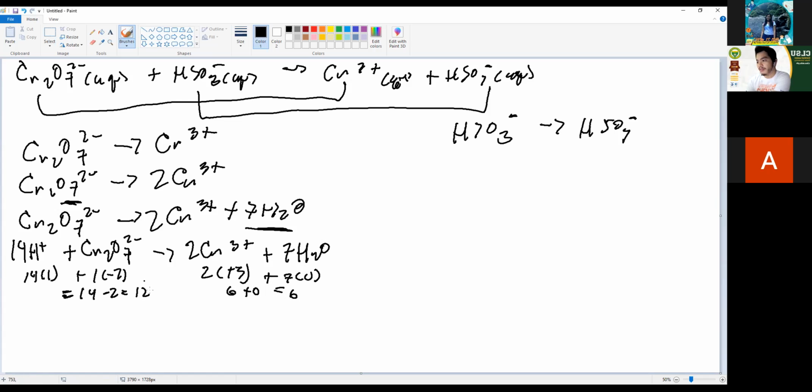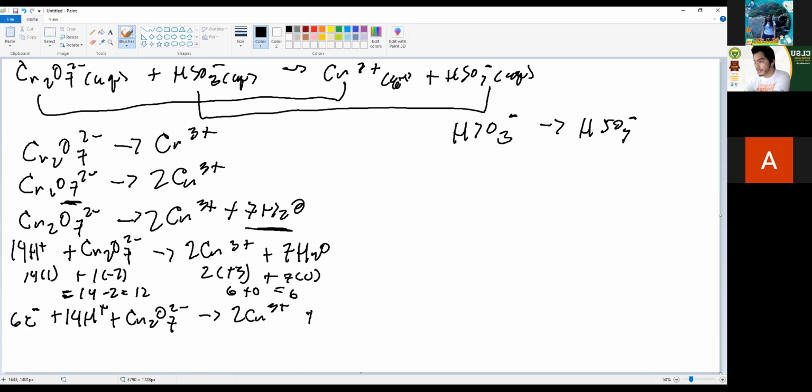So to do that, magdadagdag tayo ng 6 electrons. So tandaan, hindi palaging 6 electrons ang dinadagdag. Minsan, 4 lang, 2 lang. So dapat titingnan nyo mabuti kung ilan yung i-add para maging equal yung both sides. Yan. So may pattern yan mamaya. Mapapakita ko sa inyo pag na-balance natin yung second half. So ang tendency ngayon dito is 6 electrons plus 14H+ plus Cr2O7 2 negative will yield